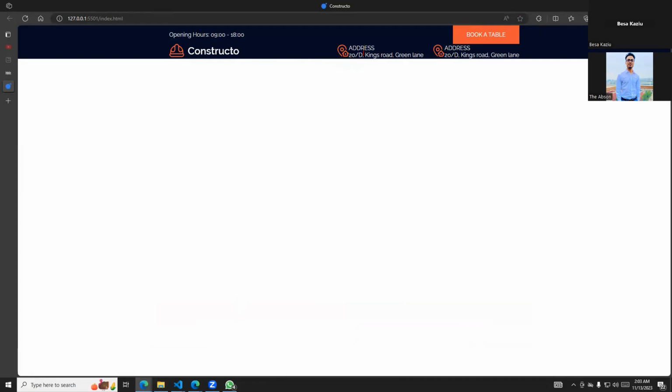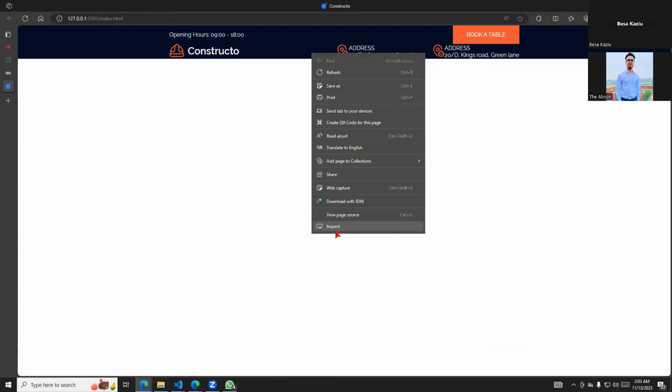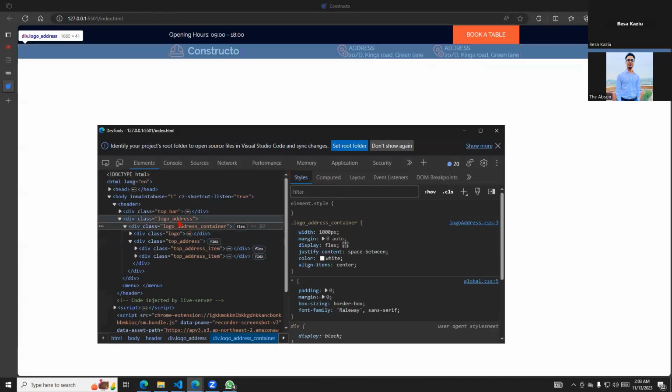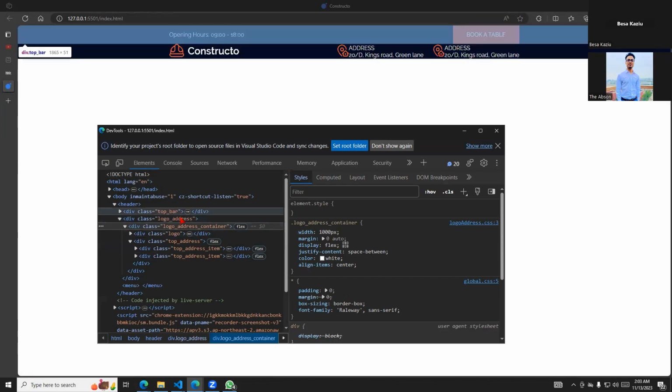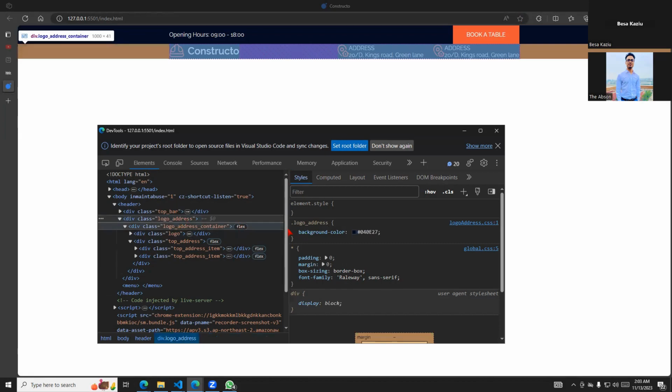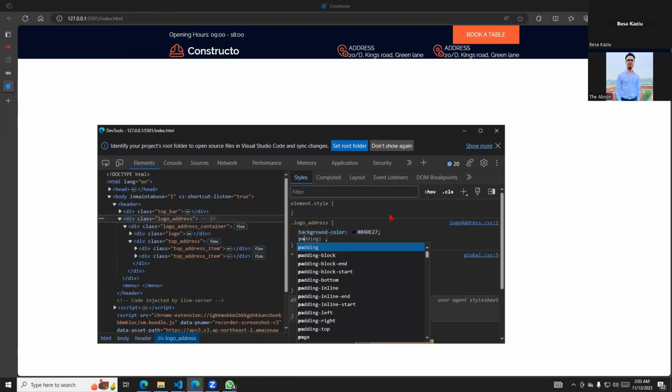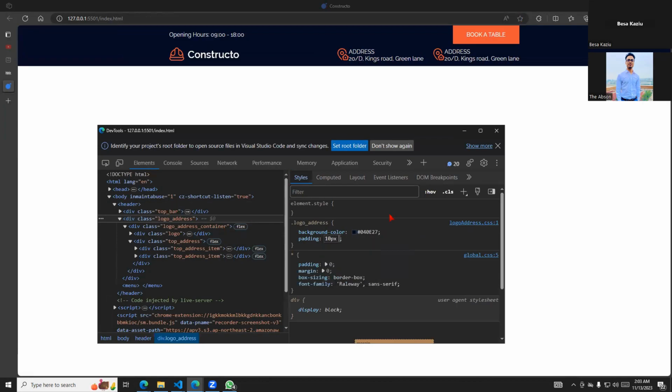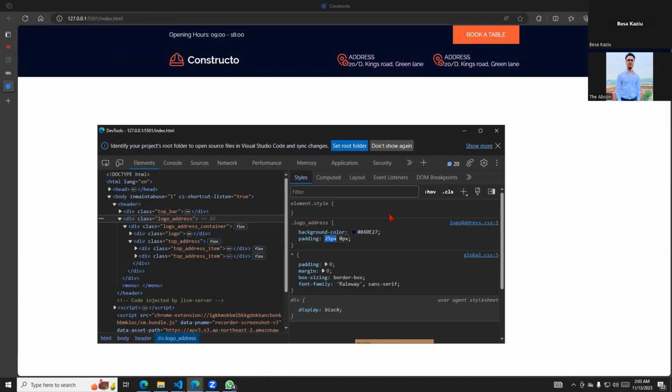So the p tags should be smaller, but before that, I would like to add some padding on the top. You can also do it on the logo address container, your choice. I would add it in here. Padding top and bottom 10 pixels, left and right 0 pixels, and just increase the 10 pixels. 10, 10, 10, 10, 10. I think this, okay, much more. Oh, no. You see,